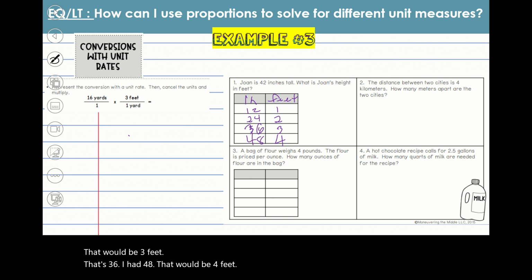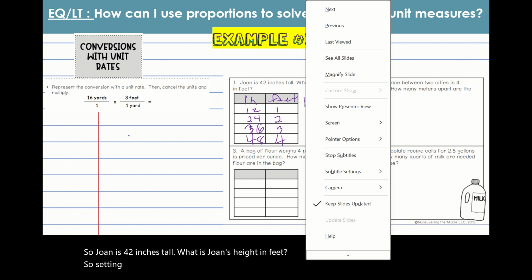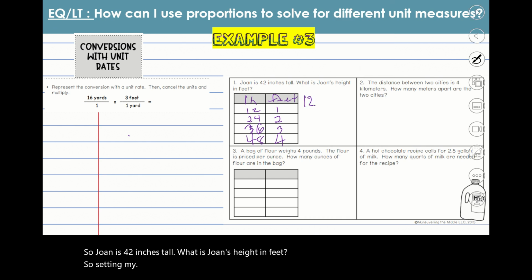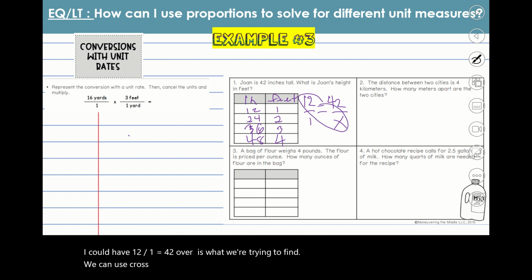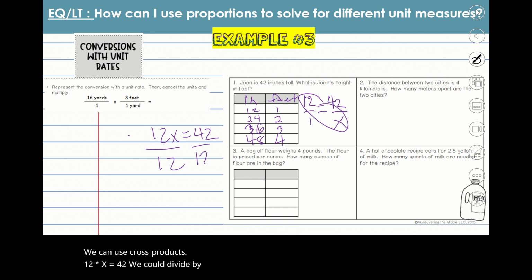So Joan is 42 inches tall. What is Joan's height in feet? So setting my proportion up, I could have 12 over 1 equals 42 over x. X is what we're trying to find. We can use cross products. 12 times x equals 42. We could divide by 12, and we get x equals